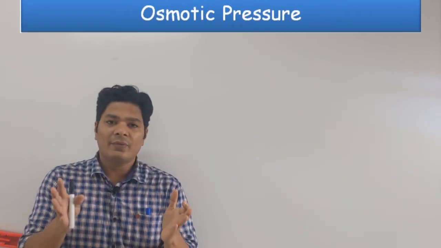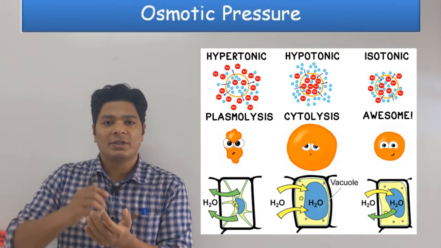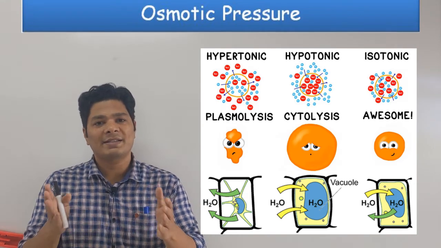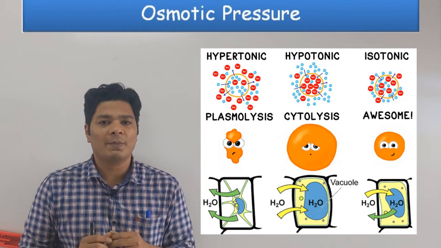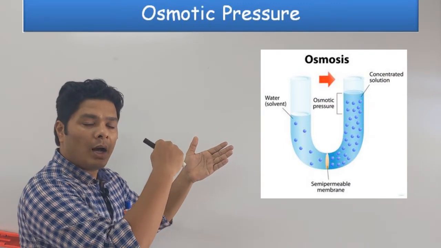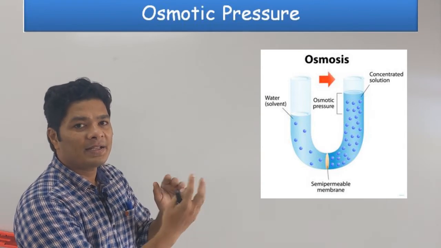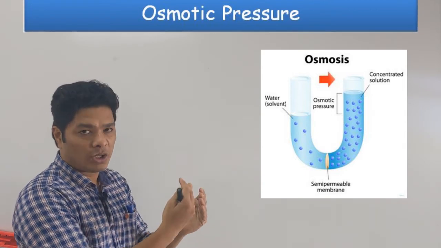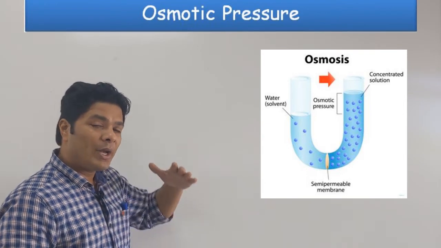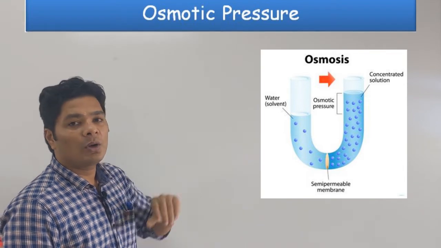So here let's define the terms. Hypertonic means it is higher in concentration. Hypotonic means lower in concentration. Isotonic means they are the same in concentration, so they have the same osmotic pressure. Solute particles want to move from the higher concentration to lower concentration, but they cannot move, as I told you, because they are bigger in size. So what happens? The solvent moves the other way around. Solvent wants to move, and what happens? You can put pressure and prevent the osmosis from happening. That is called osmotic pressure.